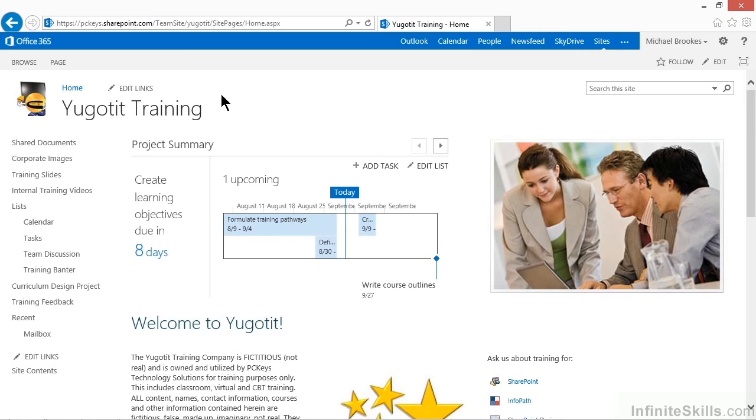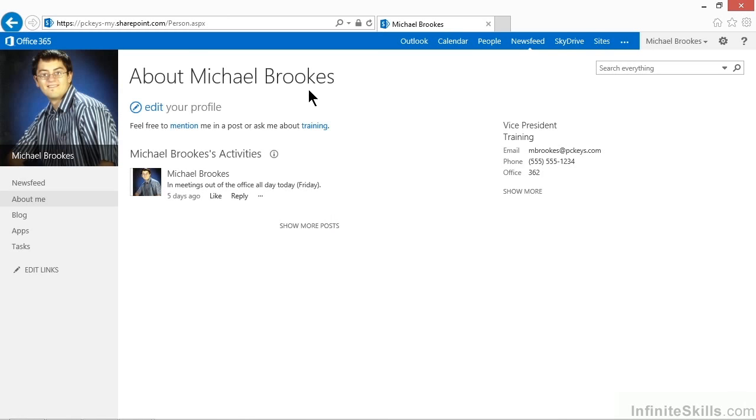So we're going to go out of the regular SharePoint team site and go into Michael's My Site, because all of you will have the permissions that Michael has in your own My Site. To do that, we'll move up to the name menu on the top right and simply click or tap About Me from the dropdown. Sometimes people get confused about where they can find settings, and it's important to remember that